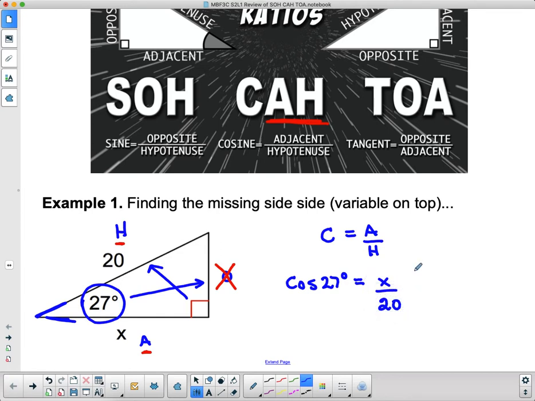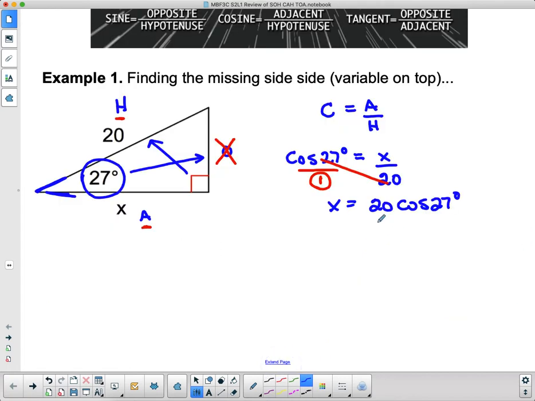So now we're just going to rearrange, and however you think about this, some people like to think about it as being cross multiplying, so we can understand this as being over 1, and if that's over 1 then we can cross multiply this way and then divide by this, which obviously doesn't do anything. So what we end up with is x equals 20 times the cos of 27 and then divided by 1. But I'm not even going to write that in because divide by 1 means absolutely nothing as far as the question is concerned. So now you just need to type that into your calculator,